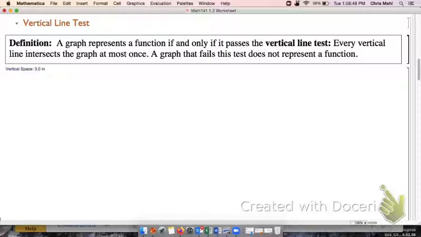So, a graph is also a relationship or pairing of elements from two sets, right? So, for instance, if I draw a set of coordinate axes,